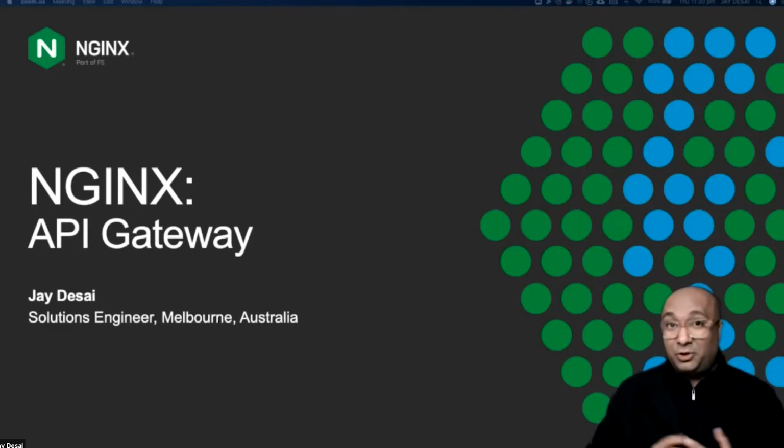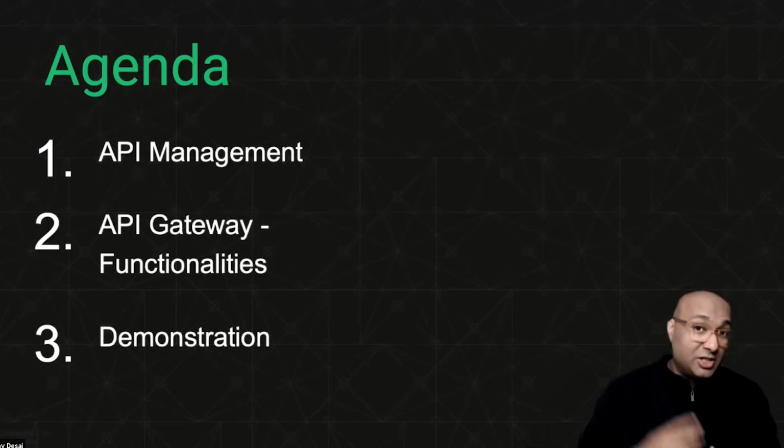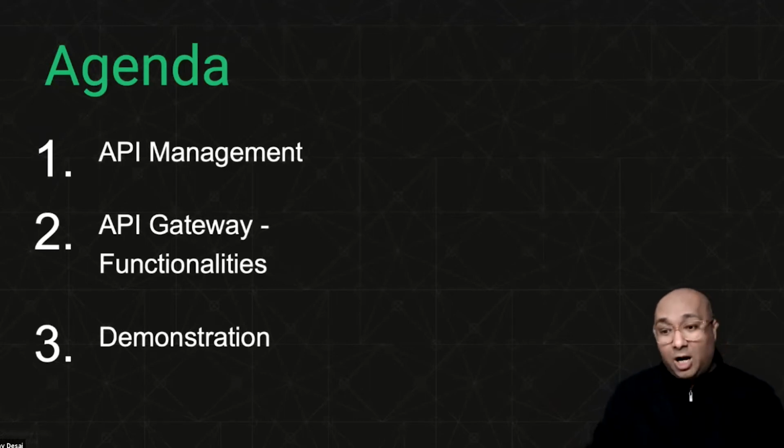In this session, what we're going to look at is how you can configure your NGINX or NGINX Plus instance to act as an API gateway. What we're going to discuss for the next few minutes is we'll go over the overall understanding of API management, because that is very essential to understand the functionalities of an API gateway. We'll look at the specific functionalities of an API gateway, and then we'll cap it off with demonstrating how you can configure an NGINX instance to act as an API gateway